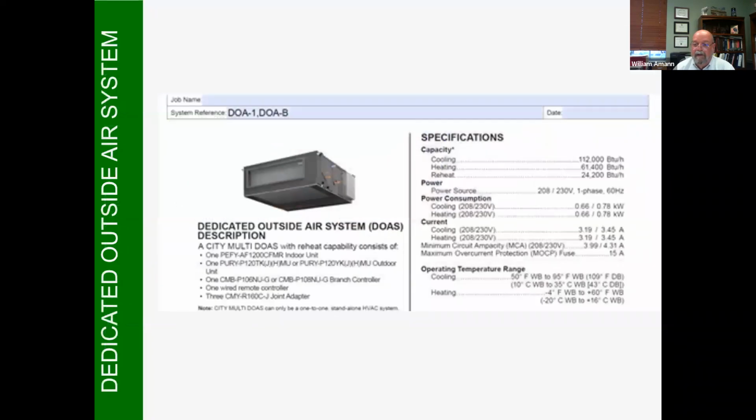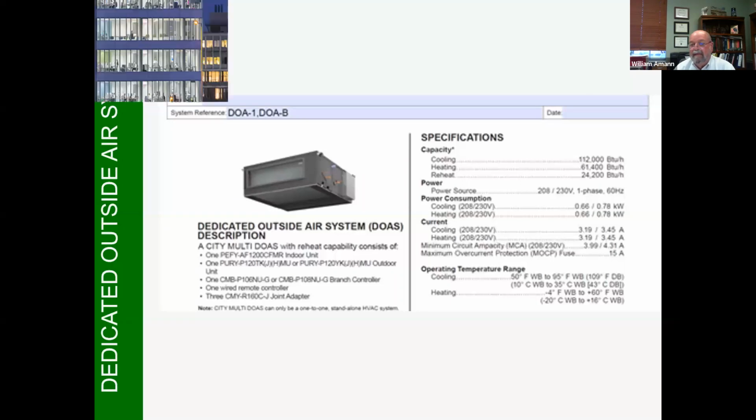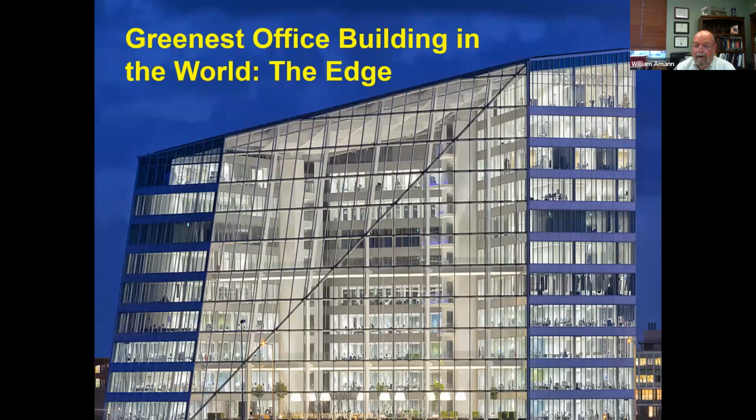That's a reiteration. This is a dedicated outside air system. If you need to cool or heat that outside air, there are systems that do that. And this is just a picture of a building we